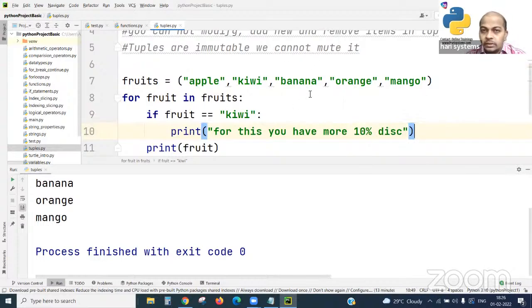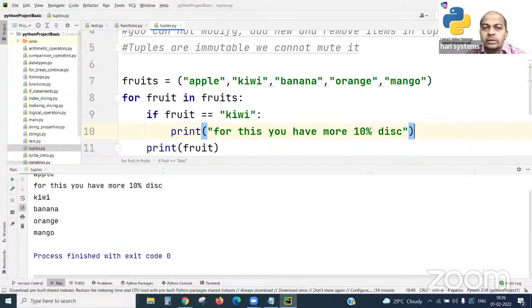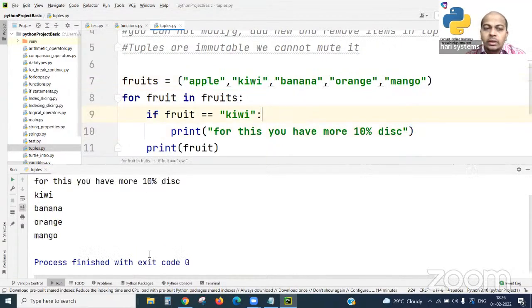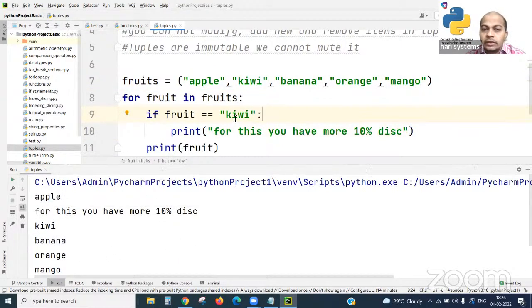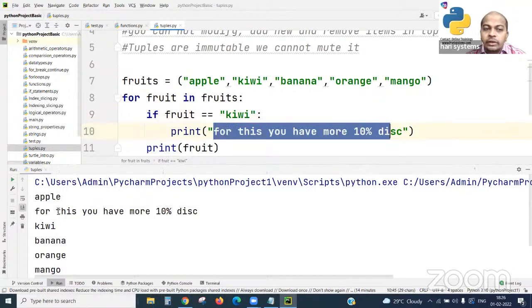So when I am reading this fruits tuple, when I read kiwi and it matches, we'll get: for this fruit you have 10% more discount.